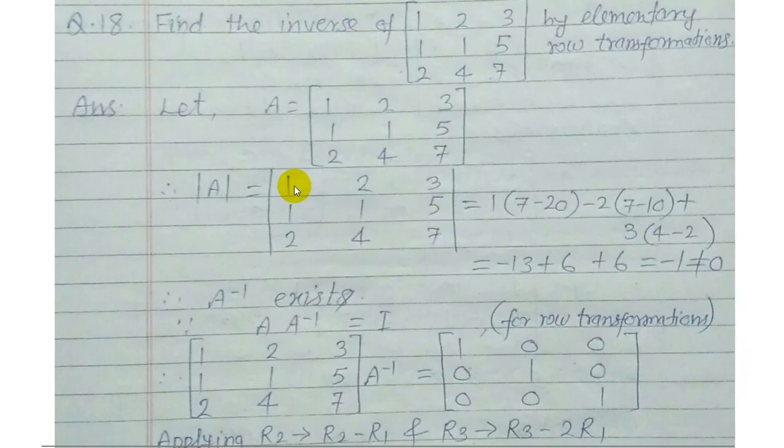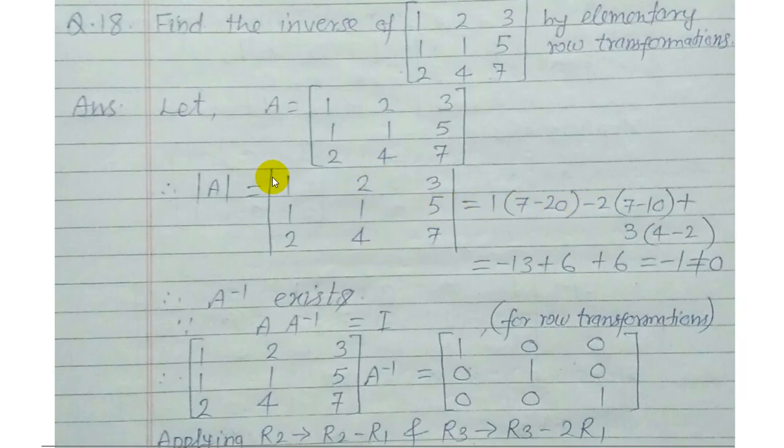Now expand it. 1 into 7, 7 minus 5 into 4, that is minus 20, minus 2 here according to rule, here sign plus minus plus. So plus 1 minus 2 and plus 3. In the bracket we use the determinants, we get 1 into 7 minus 20 minus 2 into, so minus 2,